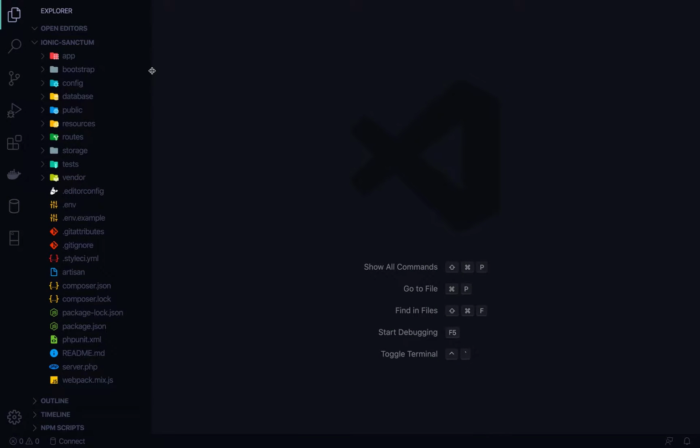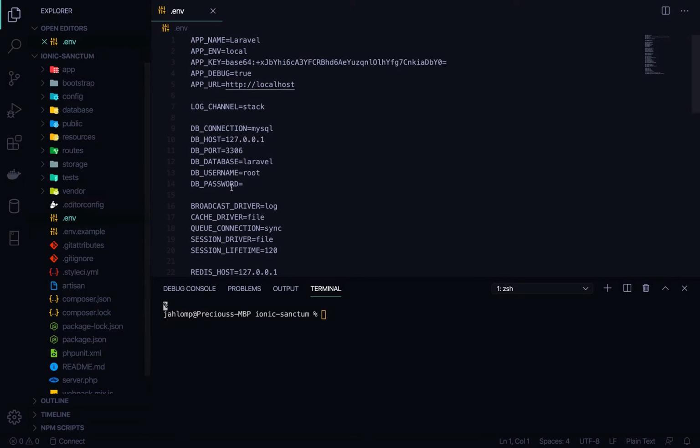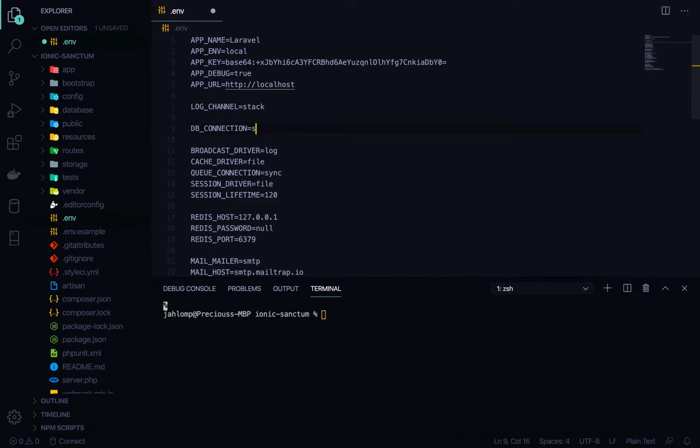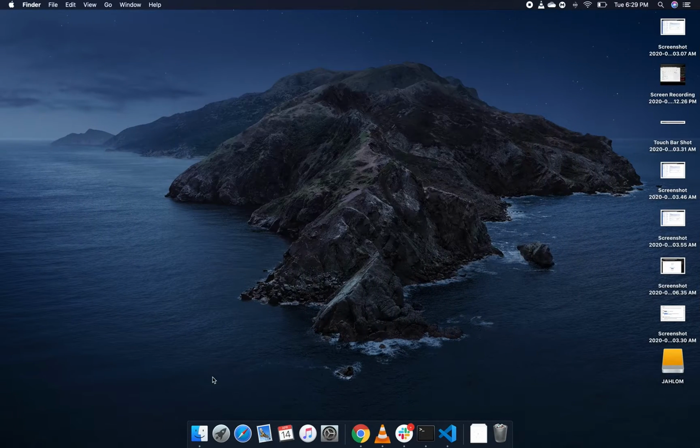Right now, I'm going to do a little stuff here. I'm going to change the database here to SQLite, and then I'm going to create the SQLite database file. So touch database dot sqlite. Okay, now that we have that, let's go to the documentation